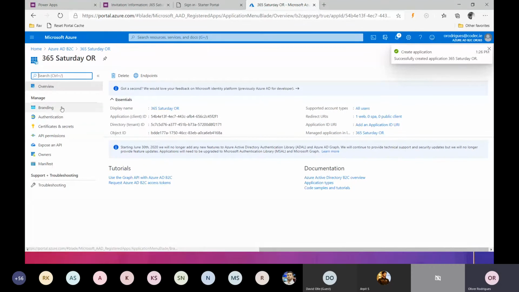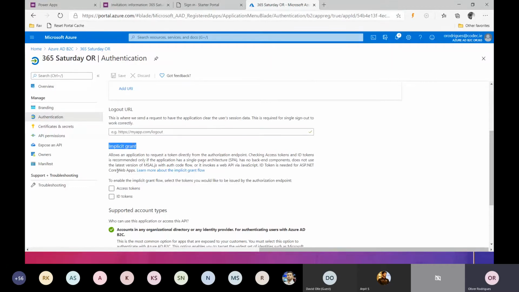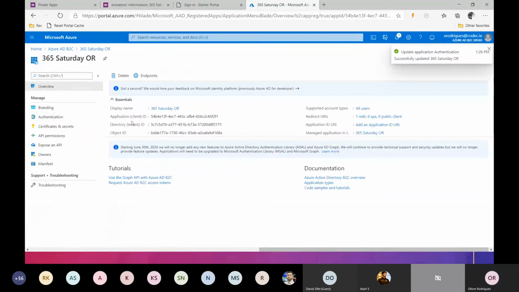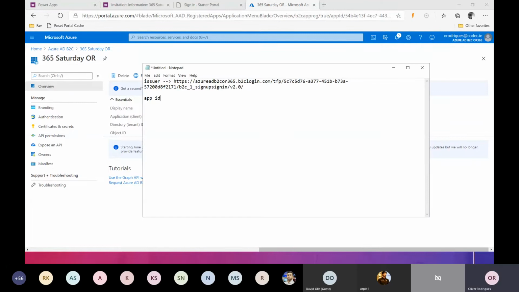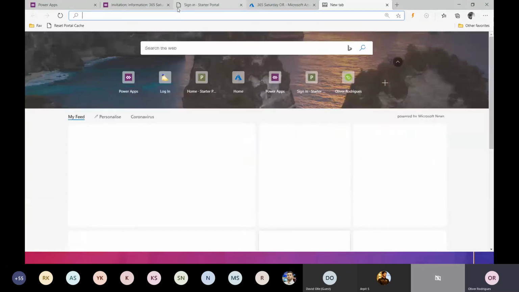Let me just see. I think there might be one thing here to change. Yeah, I need to enable implicit grant to make it work in the portals. So just select those options there. And the application ID or client ID, this will also be used in the portals configurations. So save this here. Okay, in terms of Azure AD B2C, I know I already had a tenant created, but that's it. That's all the configuration I need to do. So now I'll just jump back to my